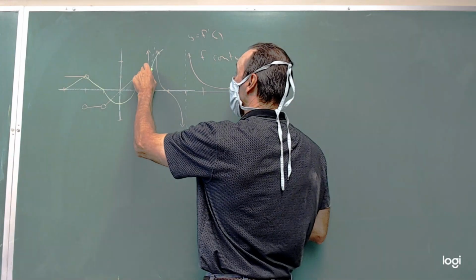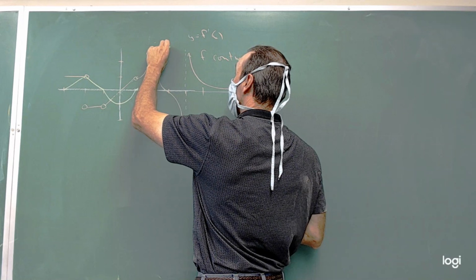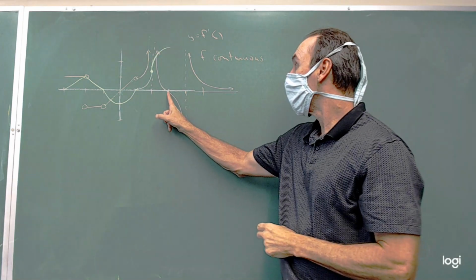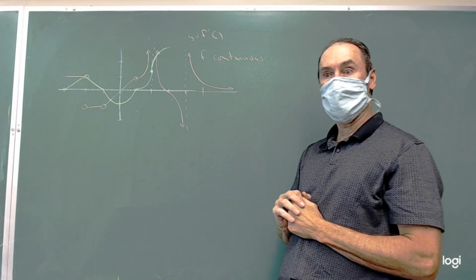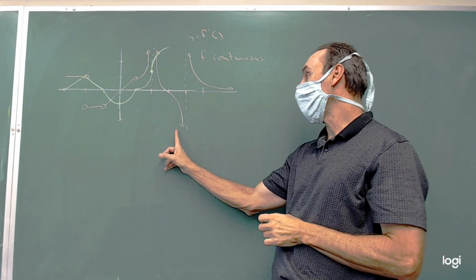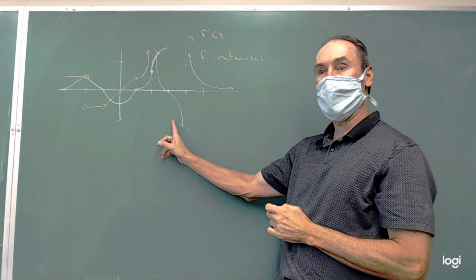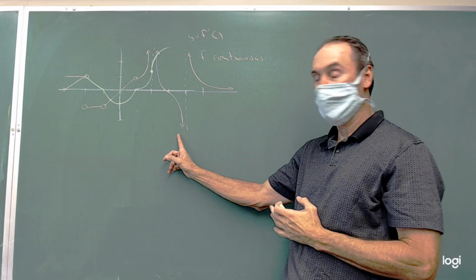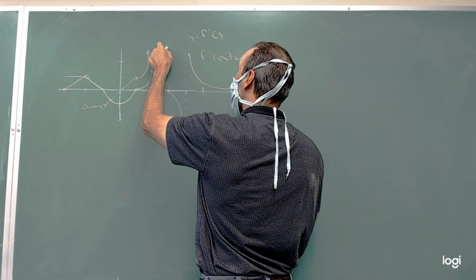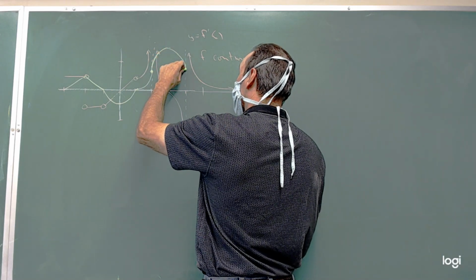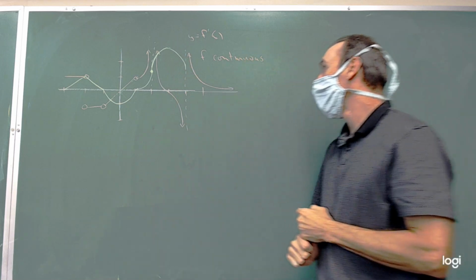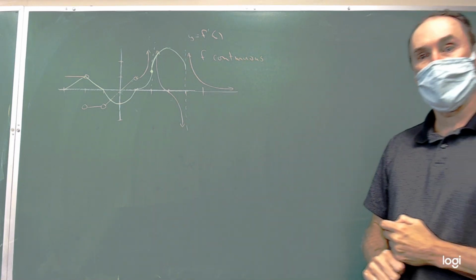So I'm going to have to make this round off at the horizontal tangent right there. That makes sense? Now we're going to switch to negative derivative. So now it's going to have to start decreasing, and it's going to continue decreasing until, since this is going to different infinities, you can